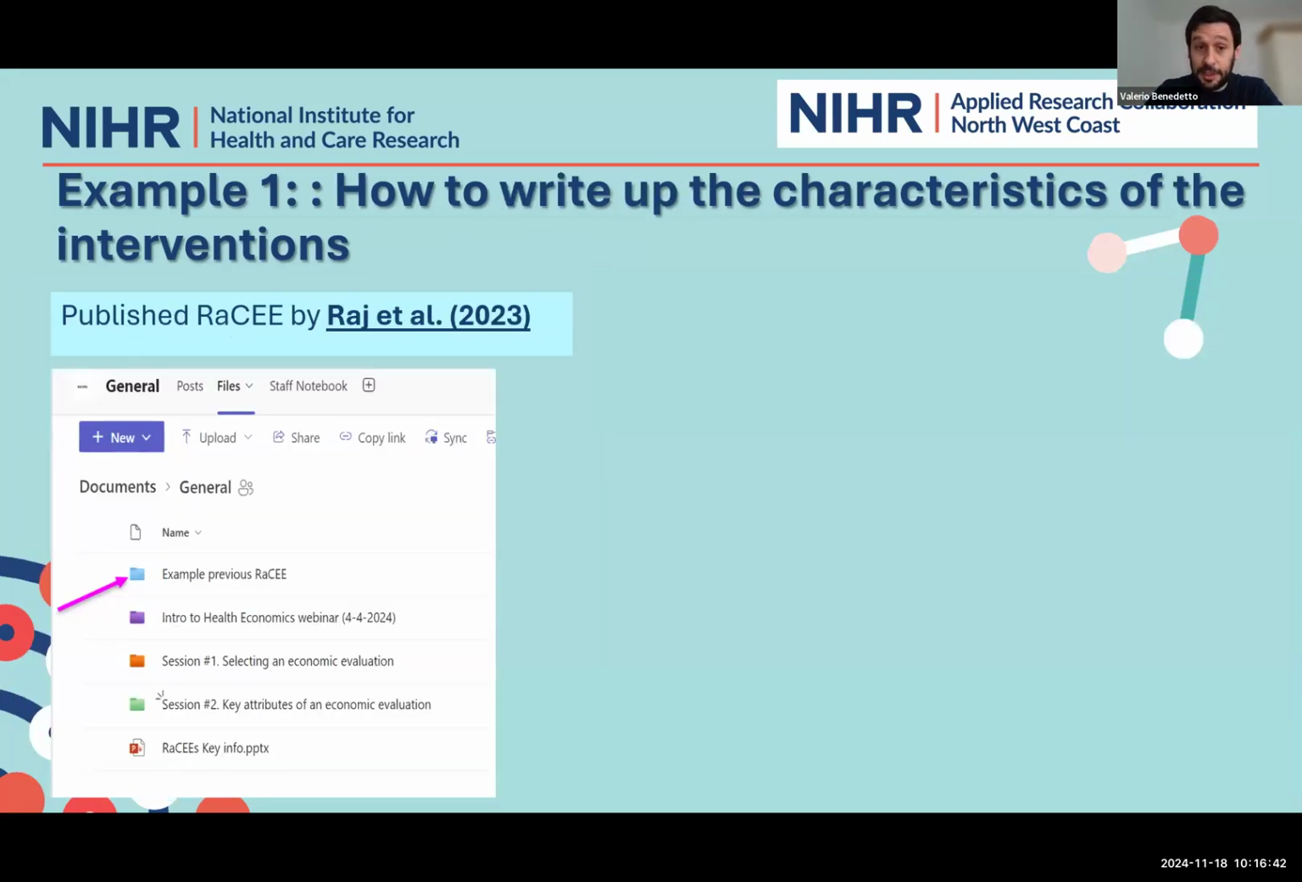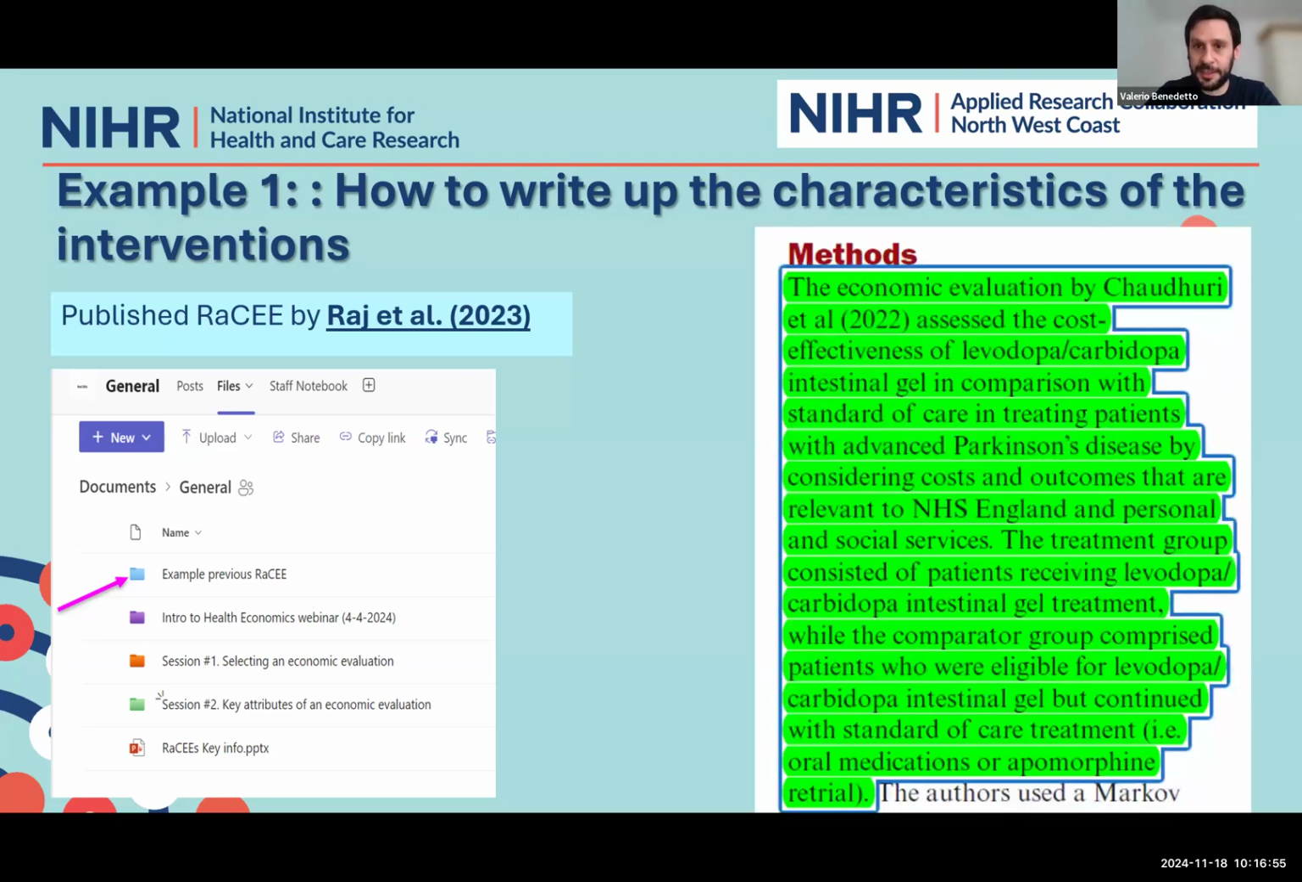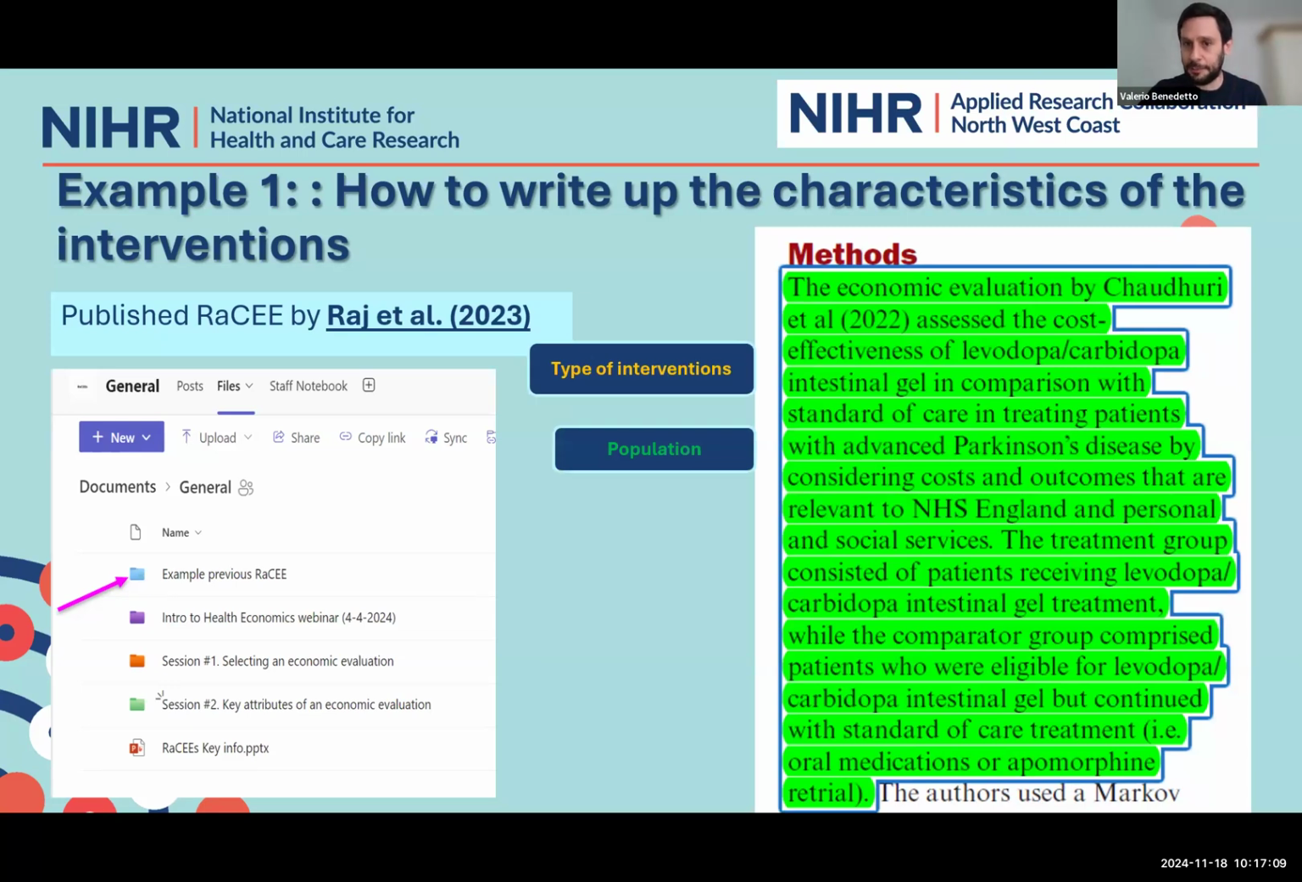Now, I've just talked about this example. This is a RaCEE we published last year, and you can find it in your team space. If you click on the folder example previous RaCEE, you will be able to find the PDF there. And you will also be able to see how we summarize all this information from the original economic evaluation in our manuscript. We try to be very concise and to describe the population and the type of interventions. For example, that economic evaluation was assessing the cost effectiveness of levodopa-carbidopa intestinal gel in comparison with standard of care. So we have some information